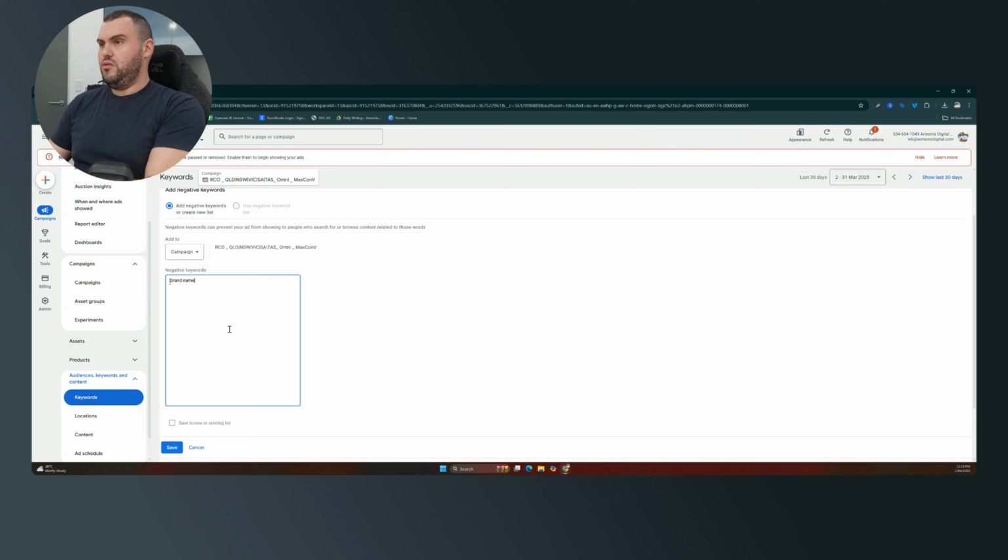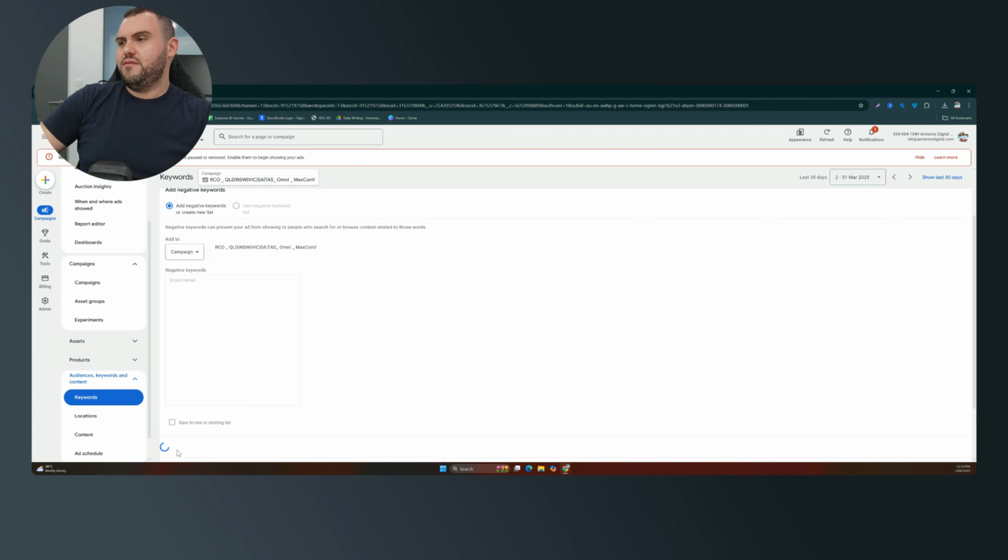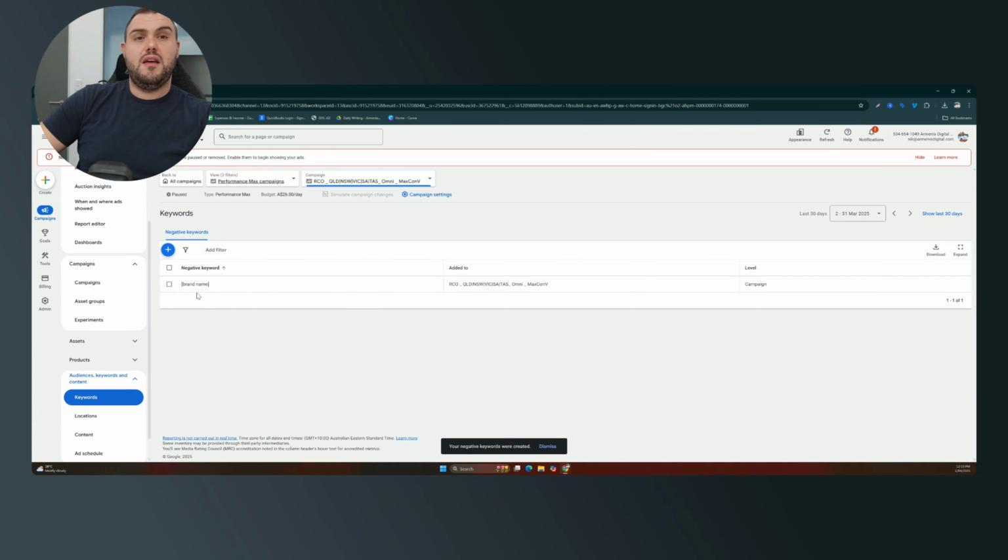And you could do more. You could do a broad match. You can do anything you want. Potentially using exact match and finding the exact ones is not a bad outcome. If you go broad, you may exclude some things that you want to come up for. But then you just click save, and that's it. You now will not appear for that with the Performance Max campaign,